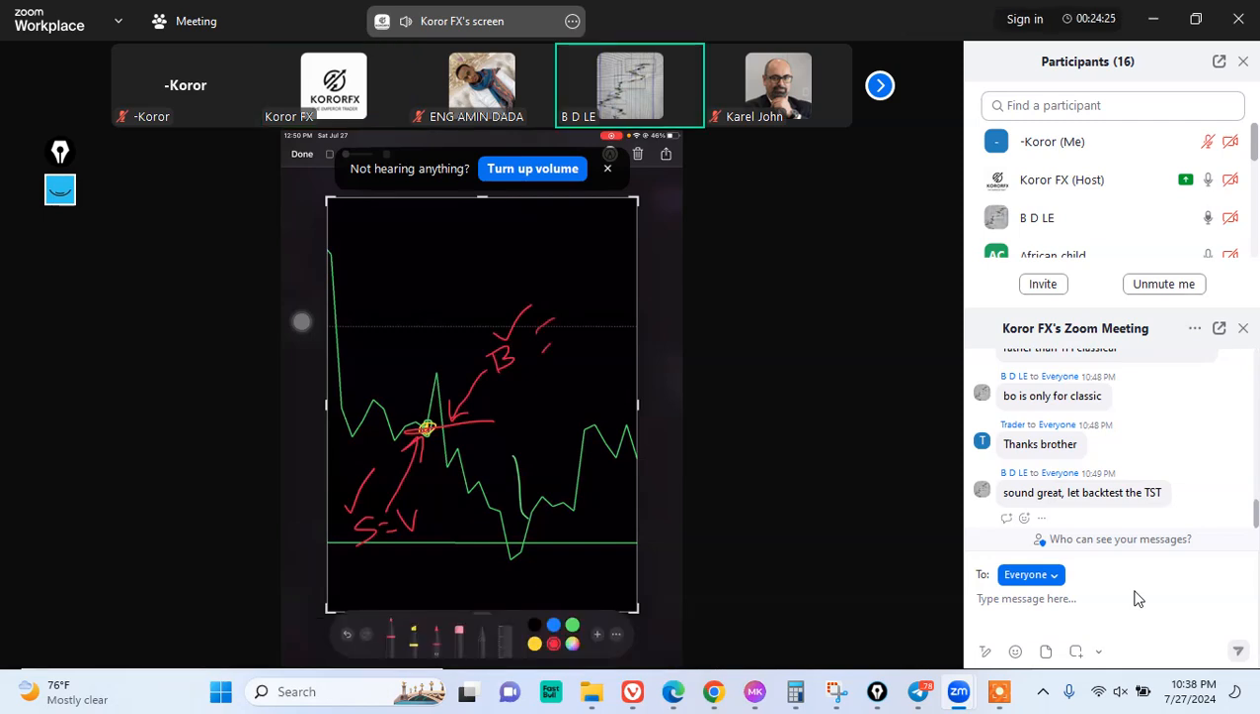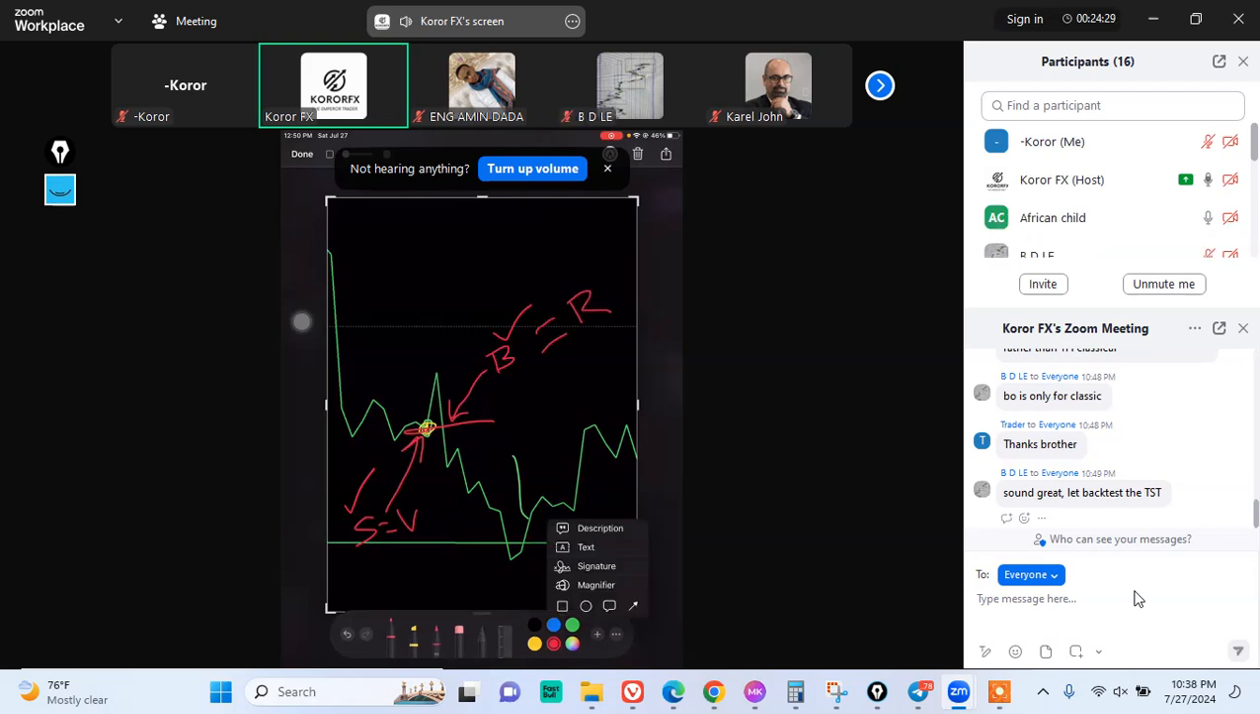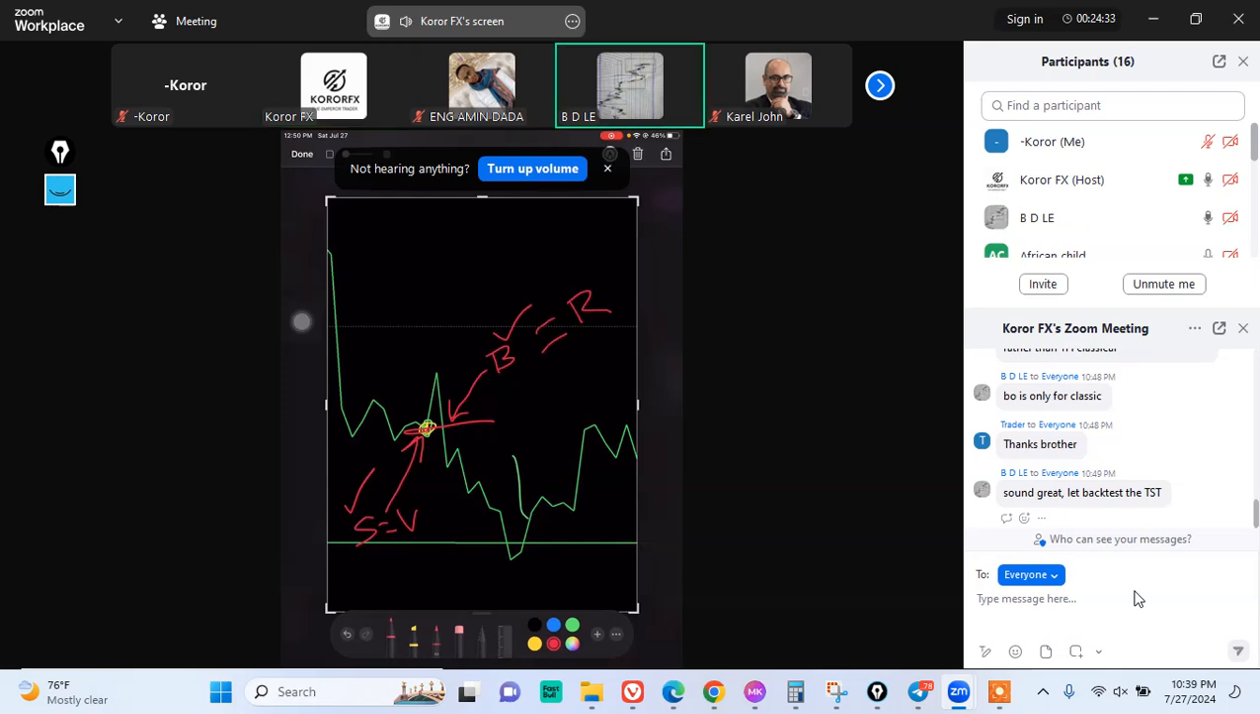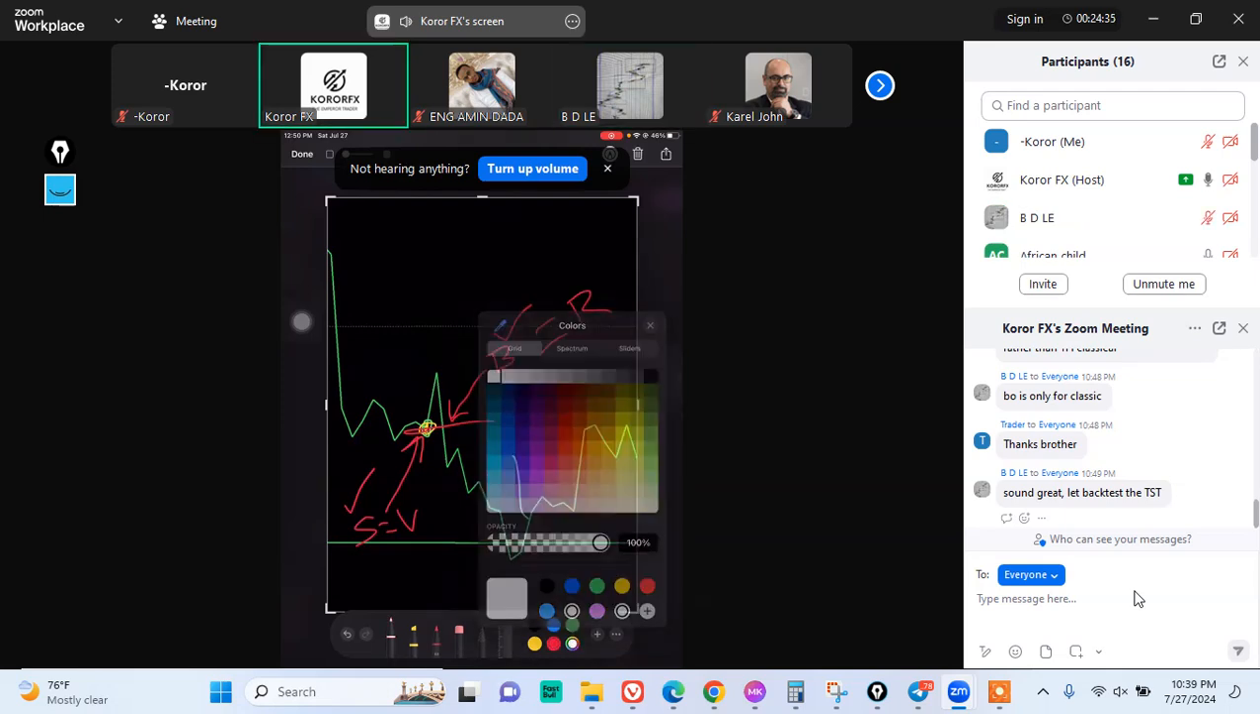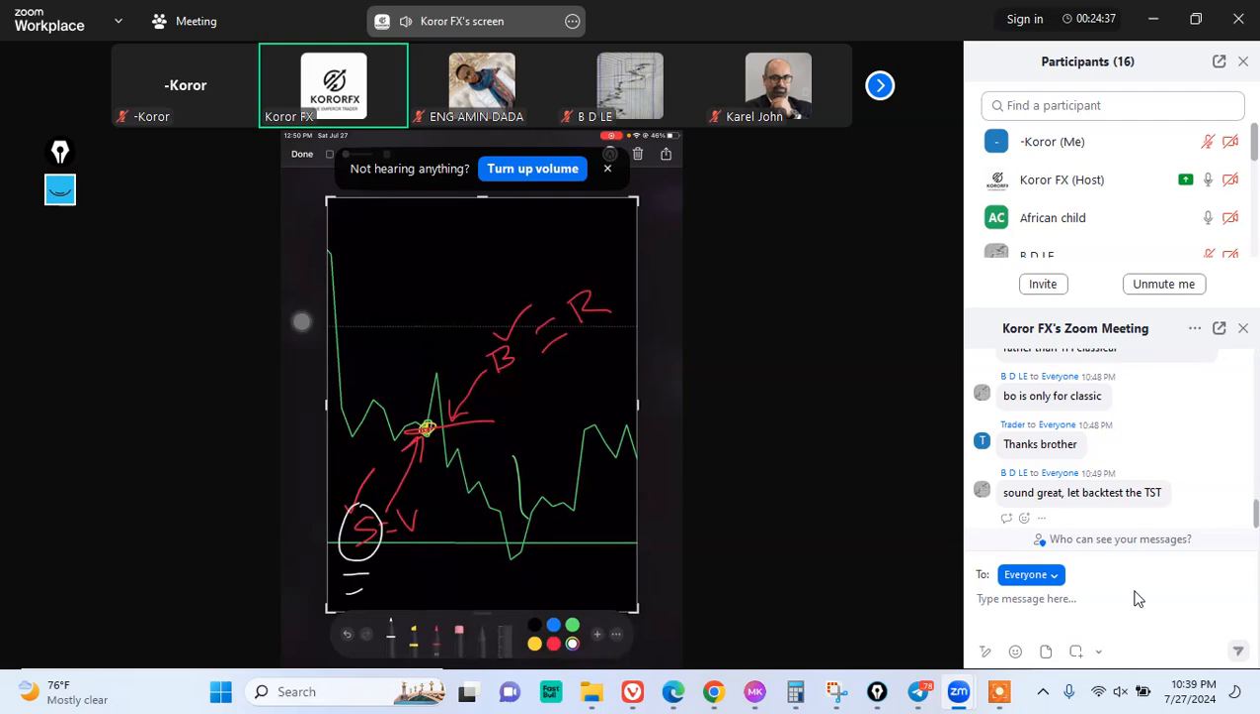Then it becomes resistance. So that setup, you have to know, is SBR. Setup SBR. Good. S: support, broken, becomes resistance. So what are we aiming for then here? To sell, right? You have to know, since this becomes resistance,